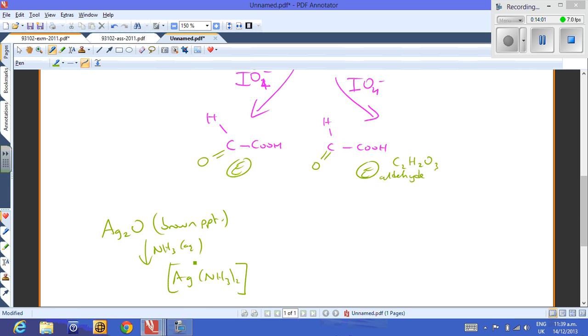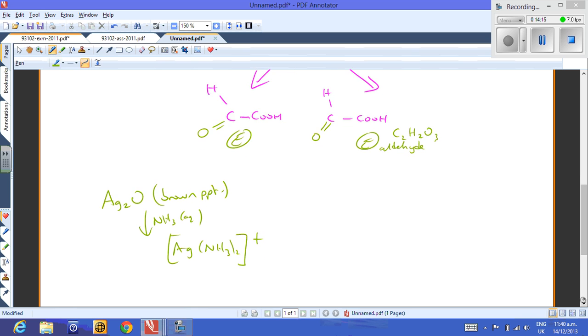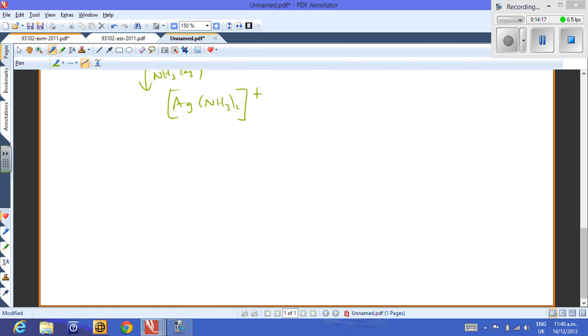So that has the formula Ag(NH3)2 plus 1. And then what you do is you react this in the presence of sodium hydroxide with your aldehyde. So the simplified equation for this is you take your aldehyde, which we just had, and then you're adding silver ions from this complex, and then hydroxide because you added the dilute hydroxide, and then